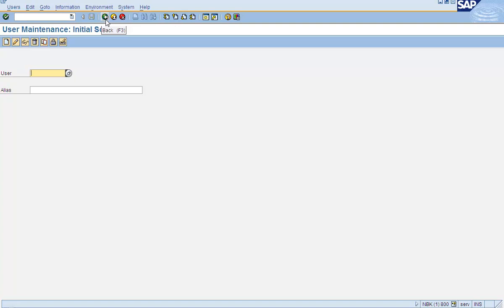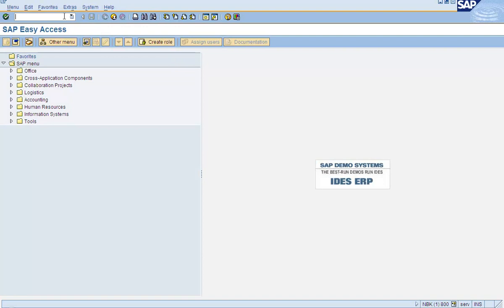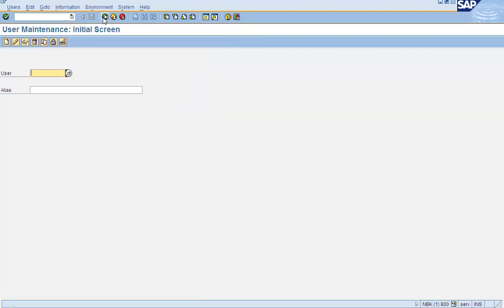If a transaction code takes you through multiple screens, clicking this green icon will bring you one screen back. If you click on this icon, the arrow pointing up, it will exit the transaction code.